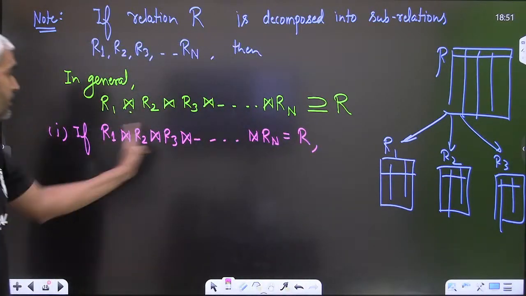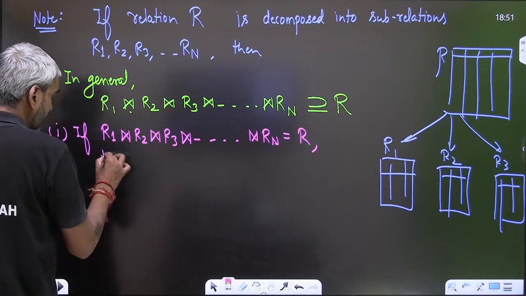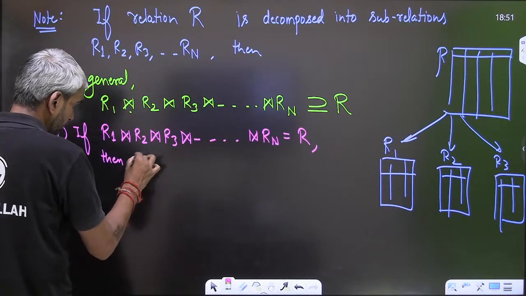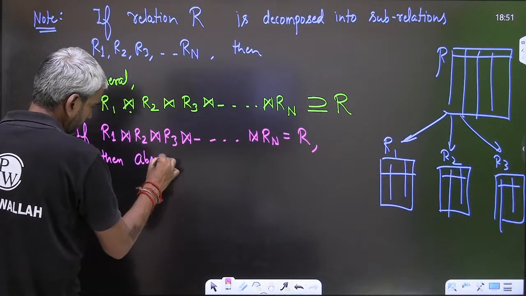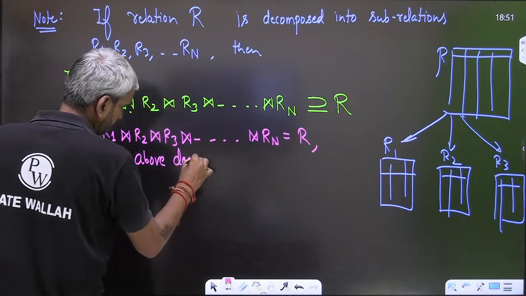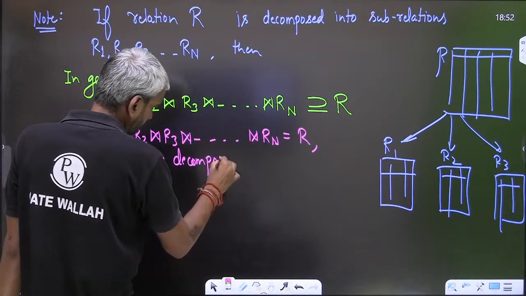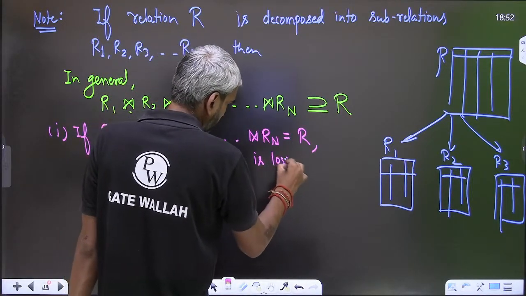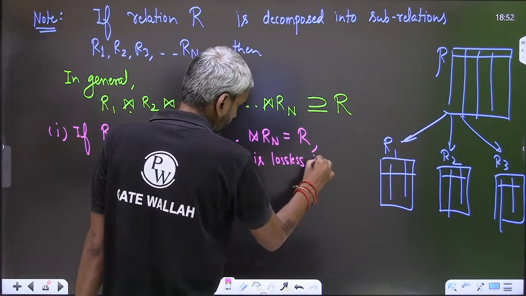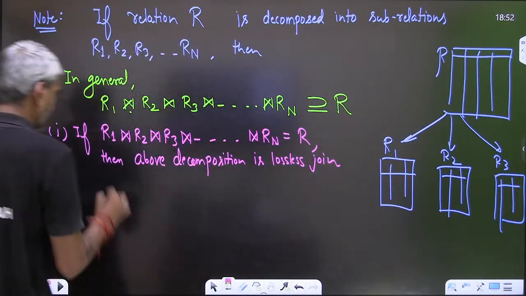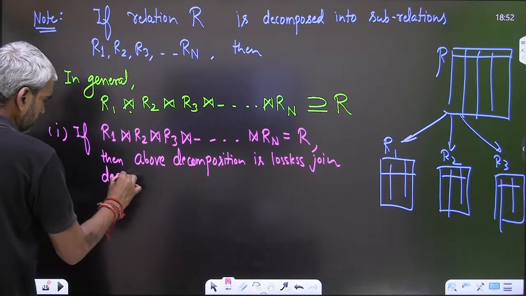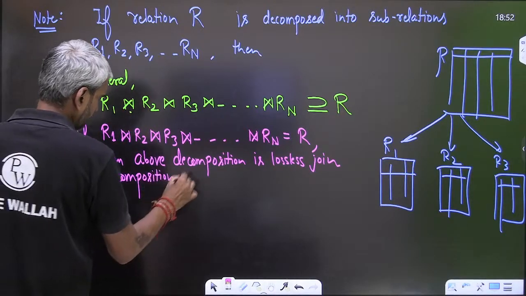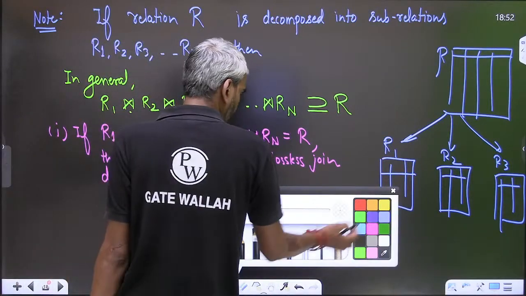So, if the natural join is equal to R, then the decomposition is a lossless join decomposition. Second,